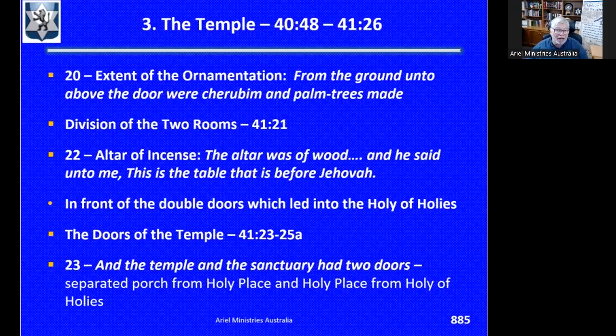It's called the table because in some measure it actually functions as a table. Why? Because it held the coals upon which the incense was dropped and therefore burned. Yeah, it had to rest on something. It was a table. So in verses 23 to the first part of 25, he now deals with the doors